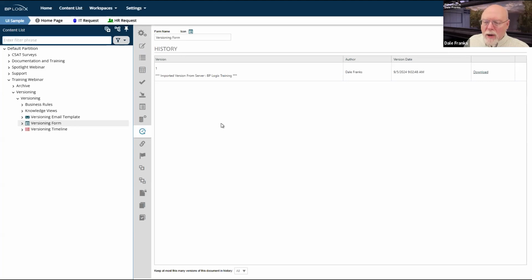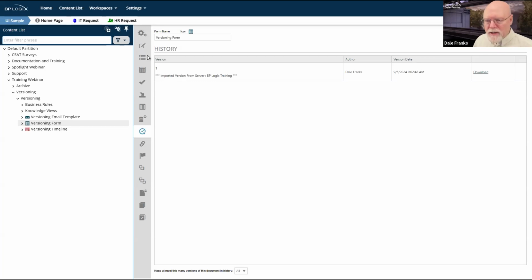The reason that we do have a version history here is because I created this application from the template library. And so technically, this entire application that we're looking at was imported from another folder.